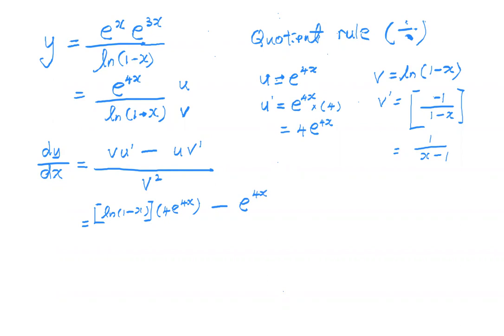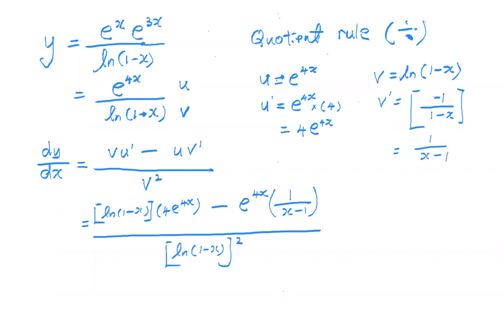And this v prime is 1 over x minus 1. The whole thing divided by bottom squared. I put another bracket. See or not? Okay. So this is a fraction. And with this fraction, what I can do is factorize out